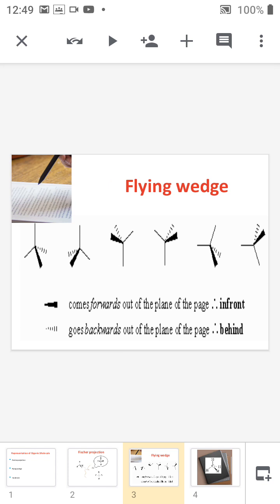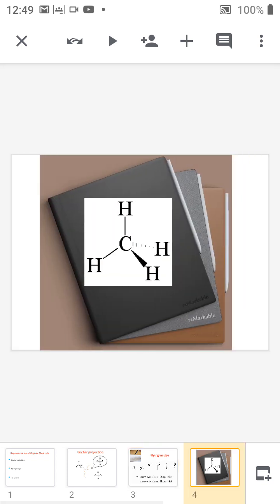So in this representation also there are so many limitations. That's why we have another representation. This is again the flying wedge representation. I am keeping a methane molecule in the plane of the paper. So we can see that the line C-H, which is shown by a line, exists in the plane of